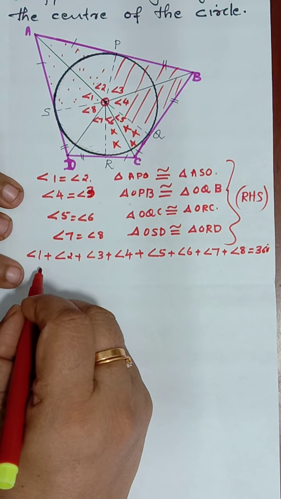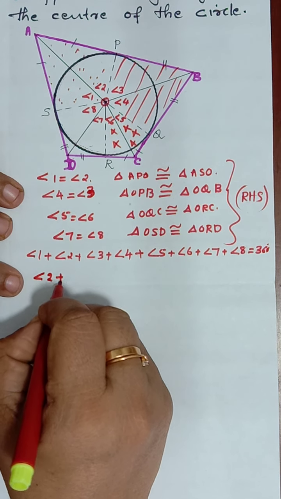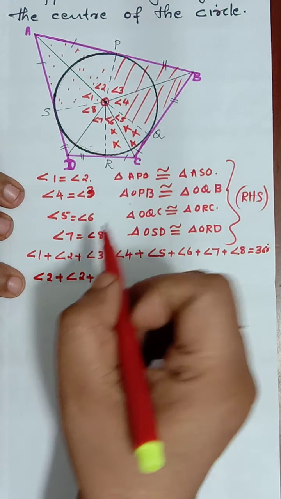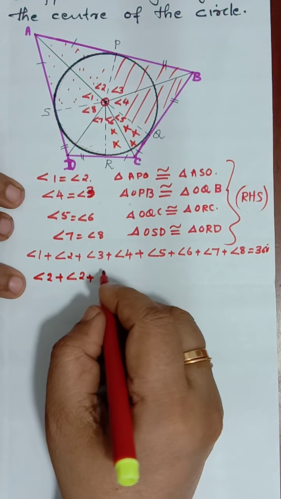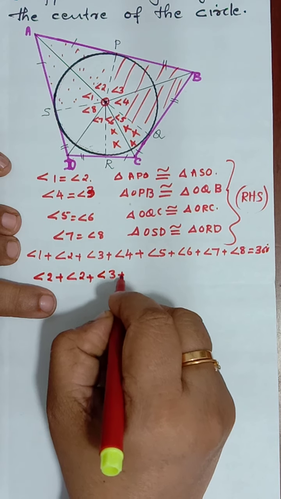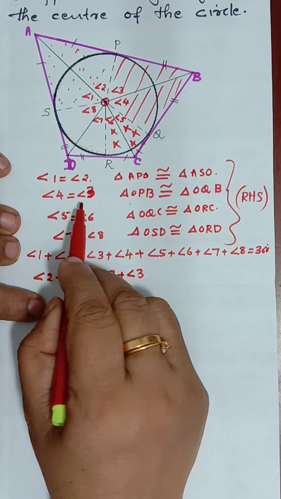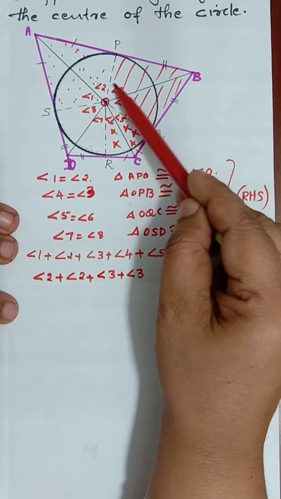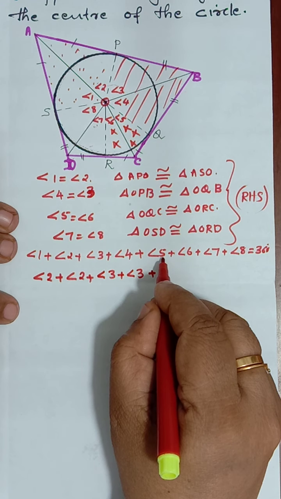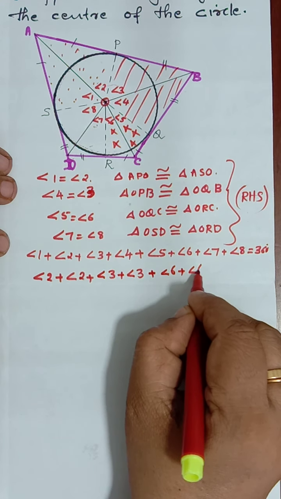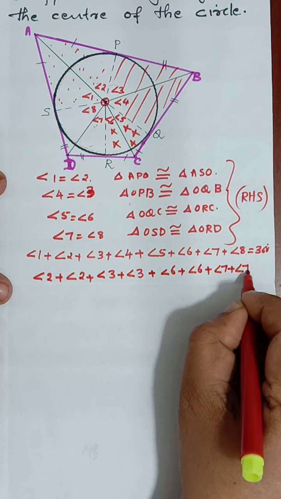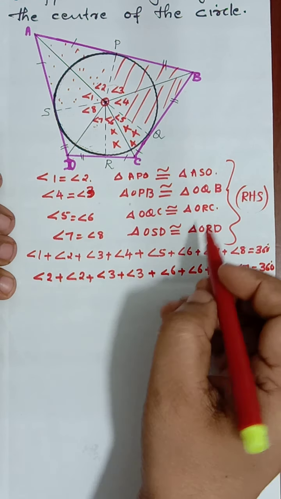Instead of 1, I am going to write it as 2. So 2 plus 2, and 2 matching with the 2 plus 3, we need 3 here. So 3 plus 4 can be written as 3. Here we are making both 2 and 3. Similarly 7 and 6 we need. Isn't 5 equal to 6? 6 is 6 itself. 7 and 6, and 7 itself equals 360. That is how we are adjusting and writing.